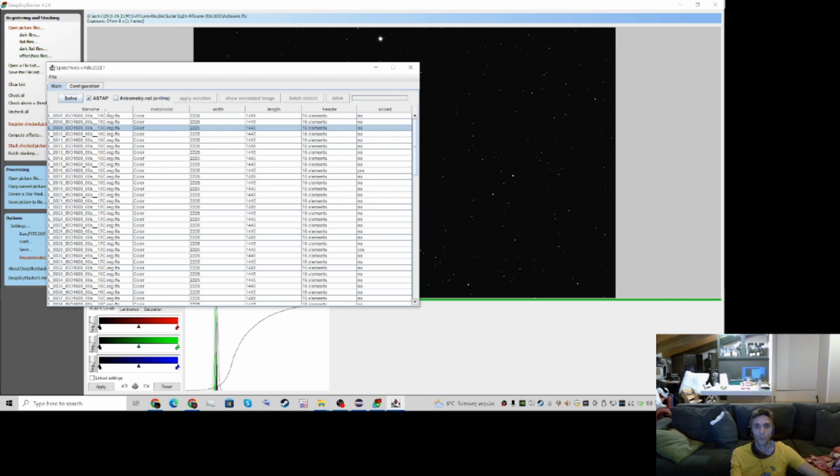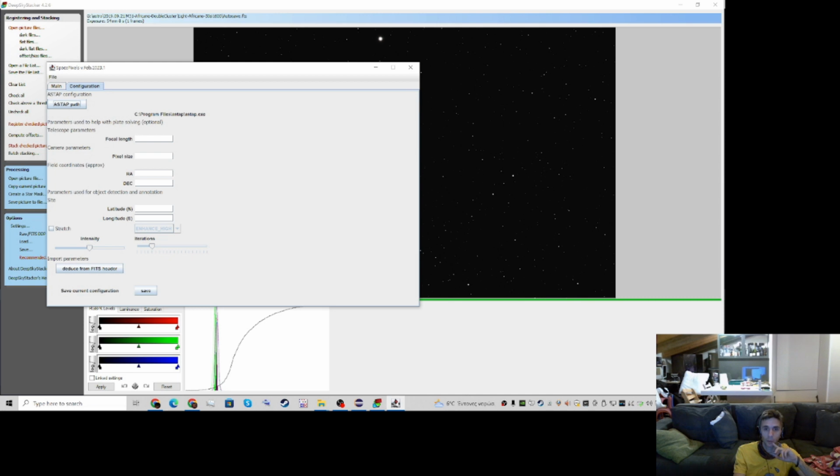Now let's say I want to solve this picture with ASTAP, so I just click. ASTAP is working in the background. Here you can see already it started, it's looking. Here you can see the field of view. Now this is a wide picture, so it's going to be solved quickly. Now the narrower the field of view... The image was successfully plate solved, because I'm doing a blind solve. In this version SpacePixels always does a blind solve, even though here it says you can put some parameters, deduce it from the FITS header if it's there, but it actually does a blind solve. For the next version I'm gonna use these parameters to do a near solve, both for ASTAP and